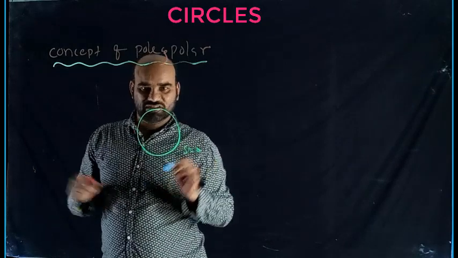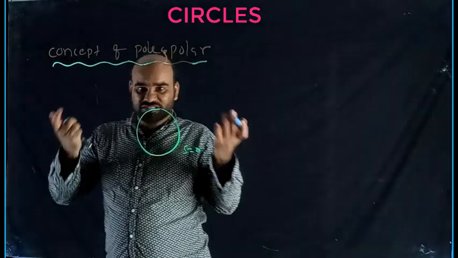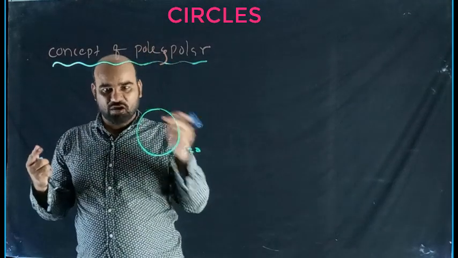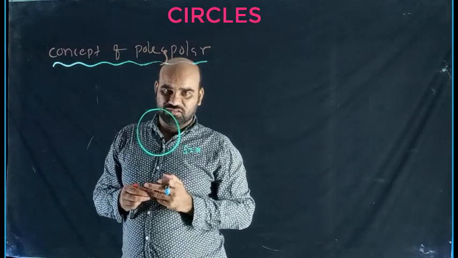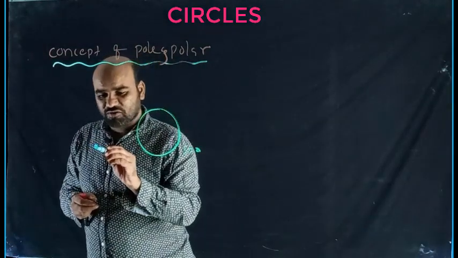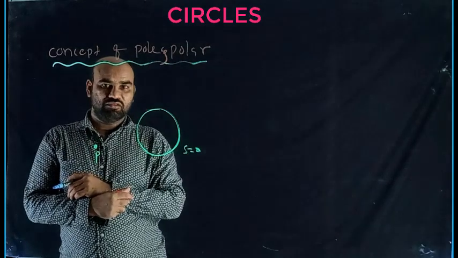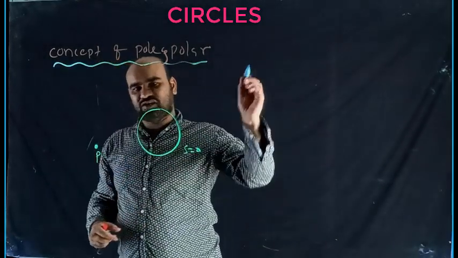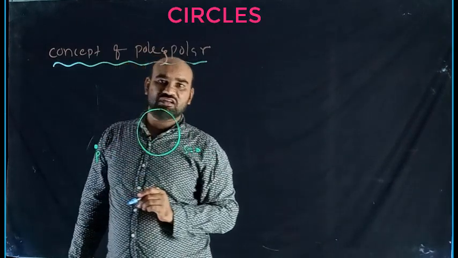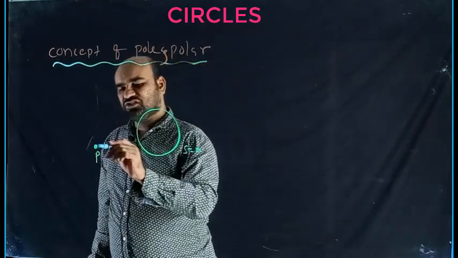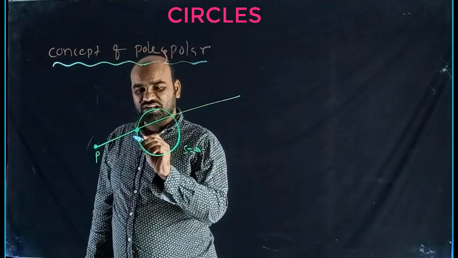Generally you can say this is equal to 0. Take any point P on the same plane, any point, anywhere, outside or interior or on, your wish. Now first case I am taking outside P. Through P draw any secant to the circle. Any secant. How many secants you can draw? Infinitely many. So this is one of the secants which intersect the circle at A and B.